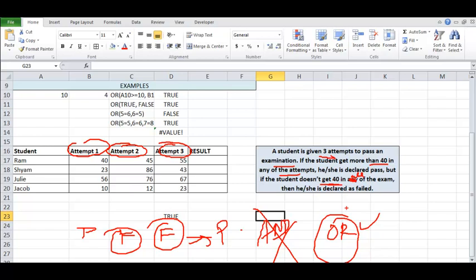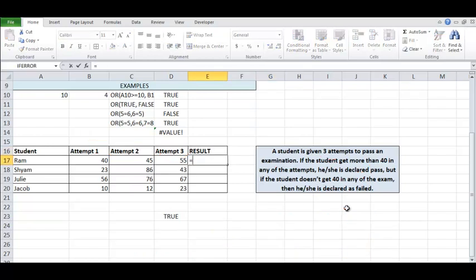So what we can write here is equal to OR, and our condition will be this is greater than or equal to 40, this is greater than or equal to 40. Please note that more than 40 or equal to 40 is the condition, comma, this is greater than or equal to 40, then he is passing. So here we'll say true is pass. Yes, he has passed in one of the attempts.